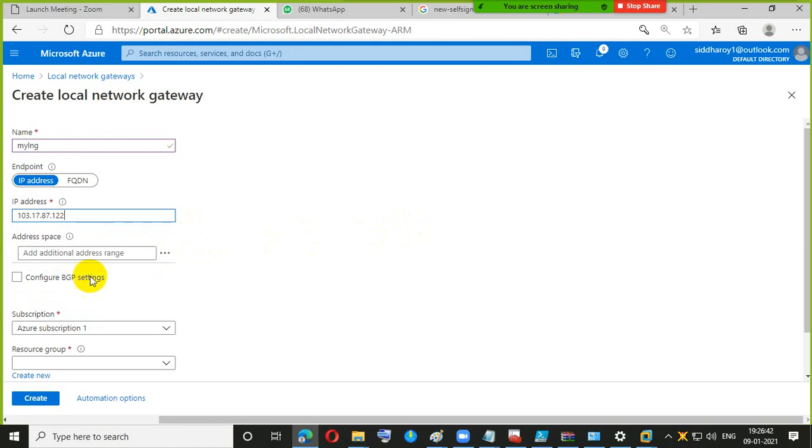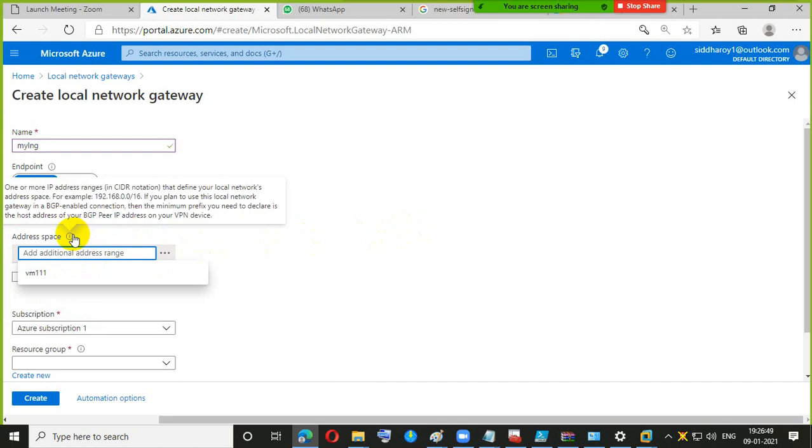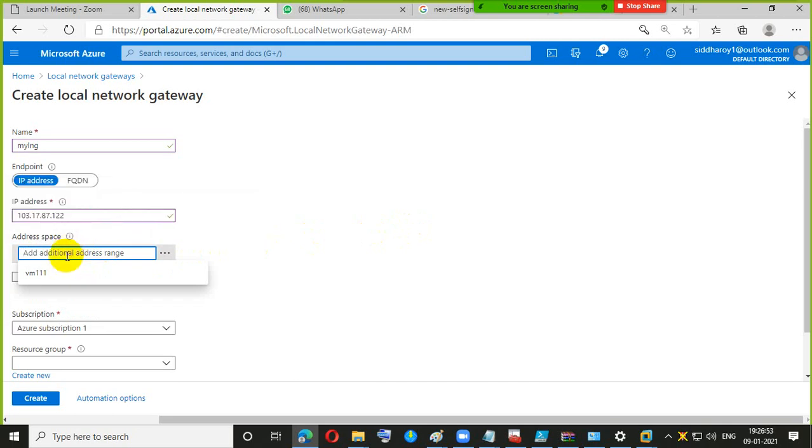Here, for the address space, you can provide any IP range according to your choice, maybe 192 or 10 or something else.